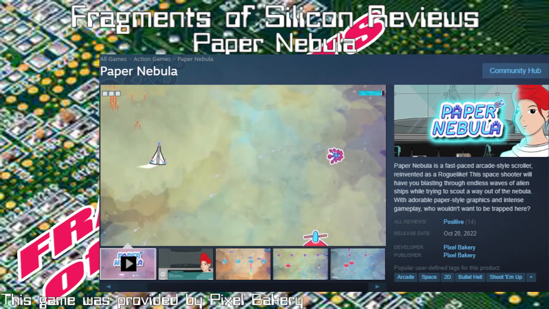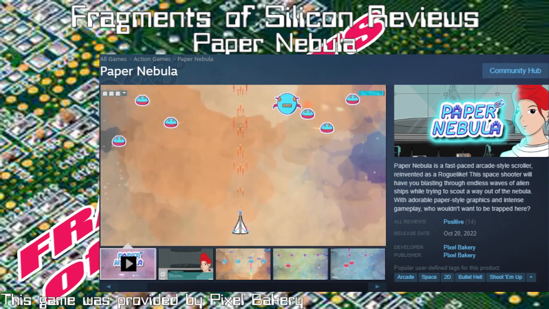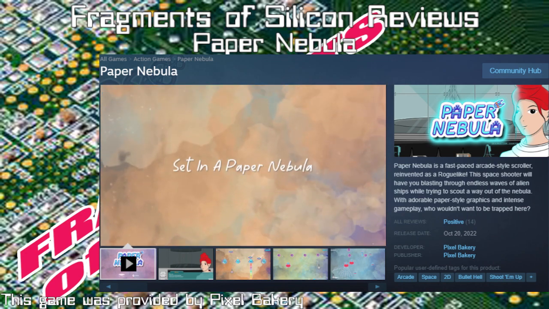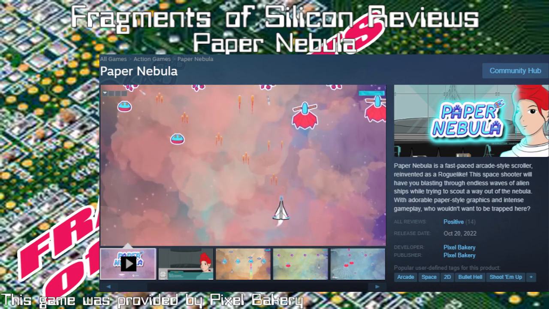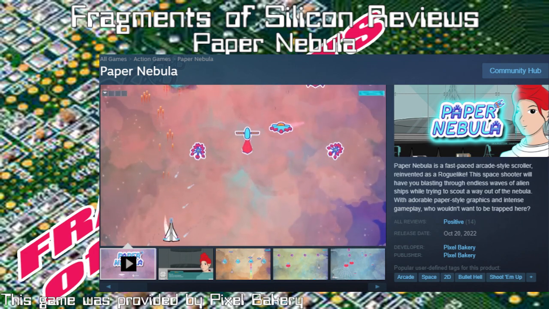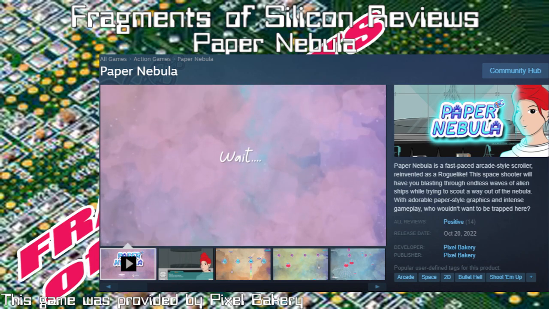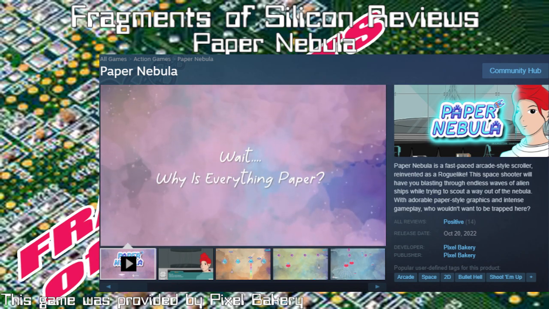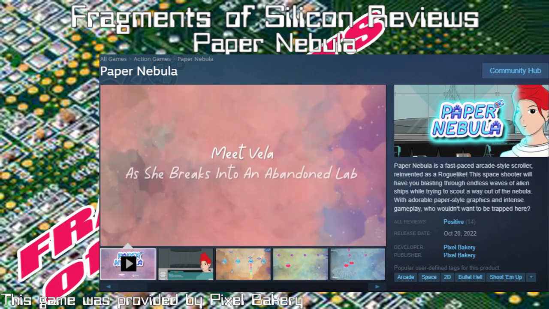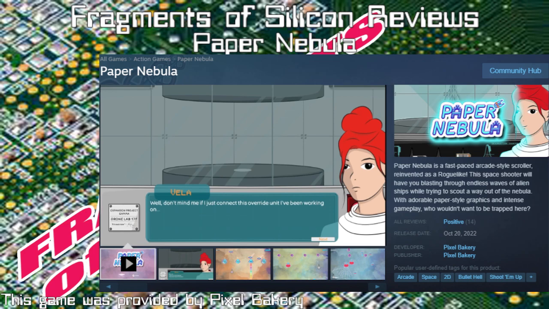The space shooter will have you blasting through an endless wave of alien ships while trying to scout a way out of the nebula. With adorable paper-style graphics and intense gameplay, who wouldn't want to be trapped here? I know people who don't like being trapped at all. Look, not even the protagonist likes being trapped there, because they're trying to escape. With a sassy AI that has been offline for like 50 years. But